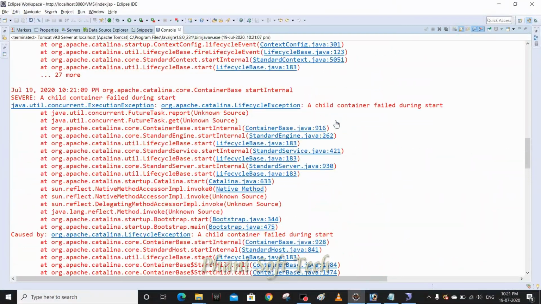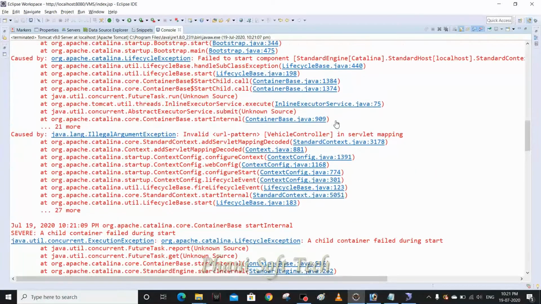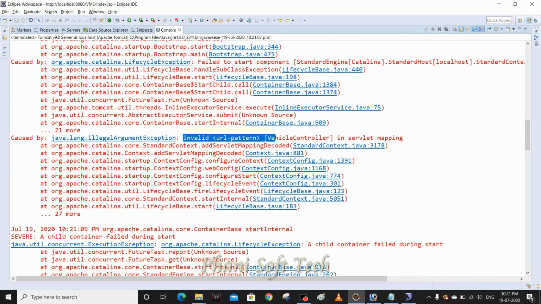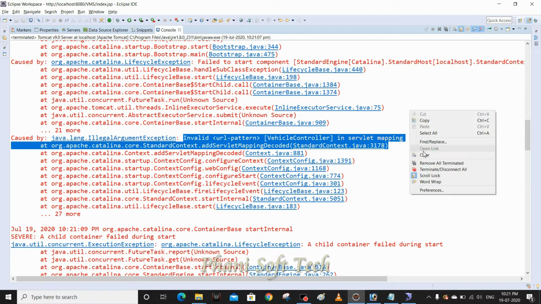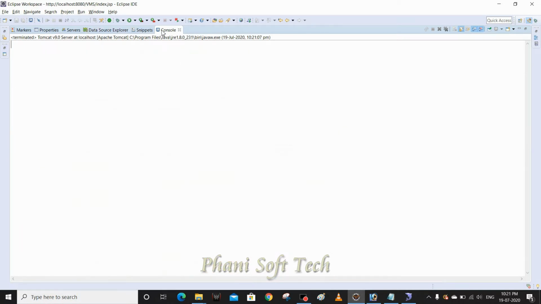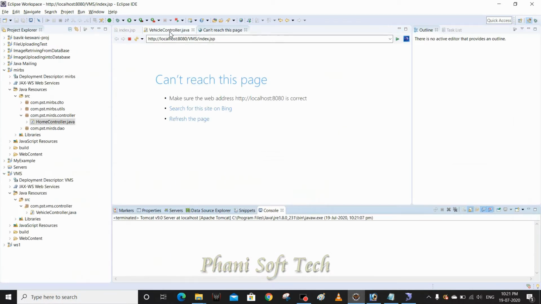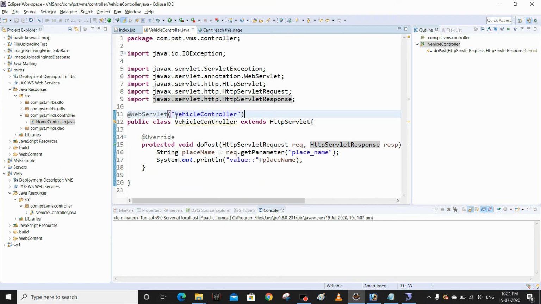Failure to start component. So invalid URL pattern. Okay, let me check the servlet controller URL pattern. So VehicleController, oh sorry, slash missing. Slash is required, guys. Sorry for that. Let me restart my server.